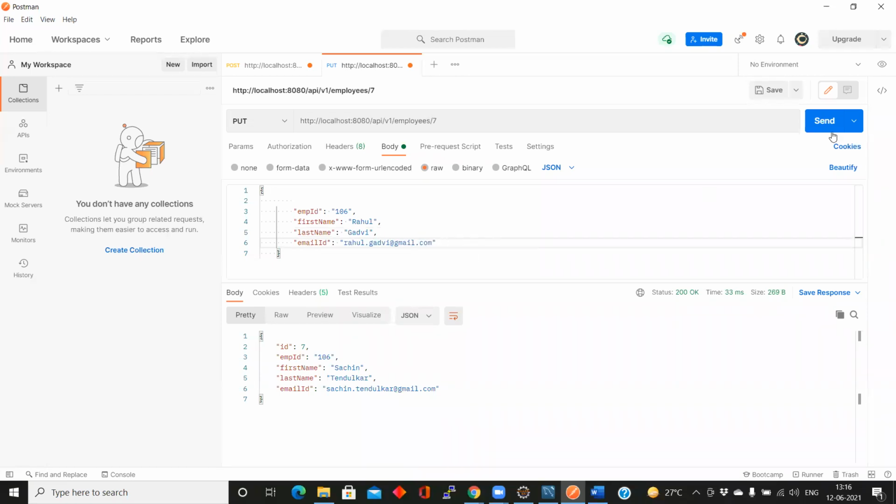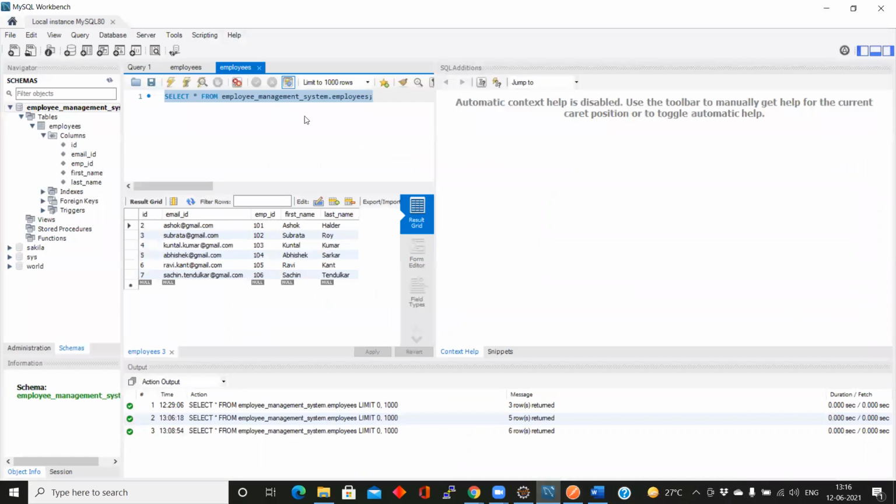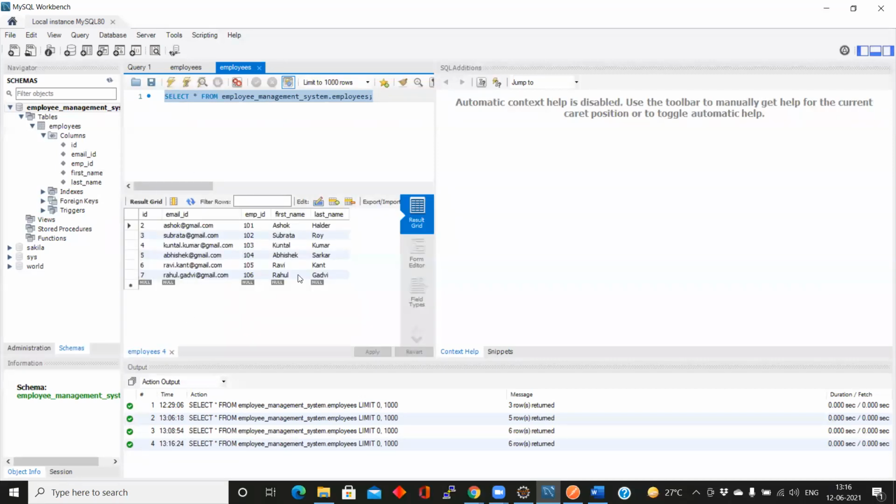Just send it again. So the value changes. Go to the database and check here. Has the value been updated or not? Value has been updated.